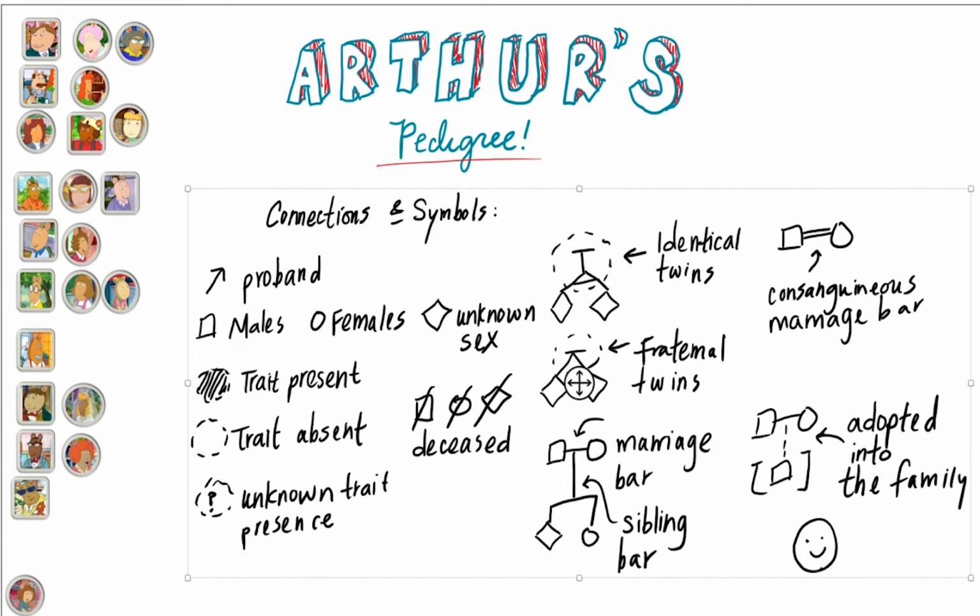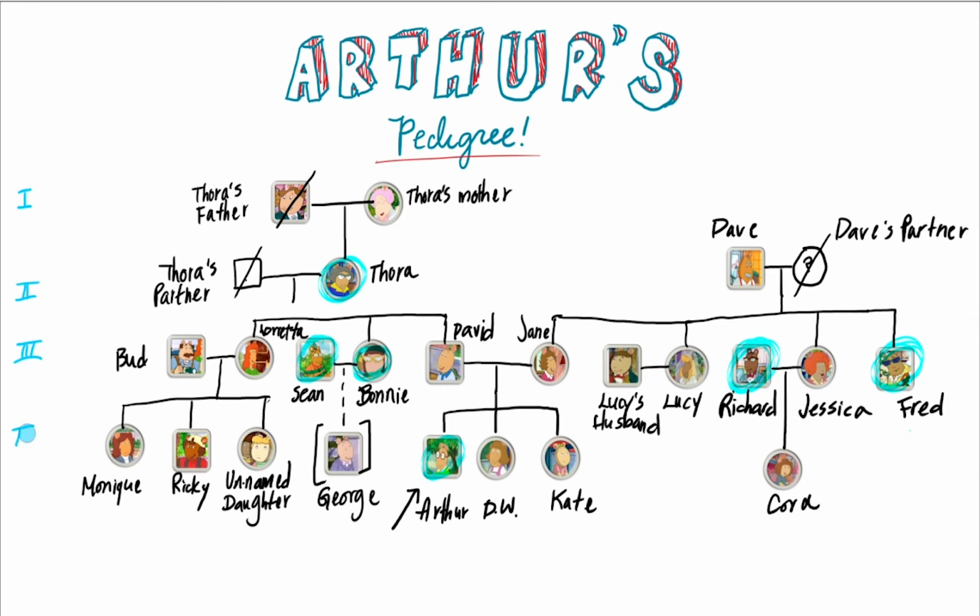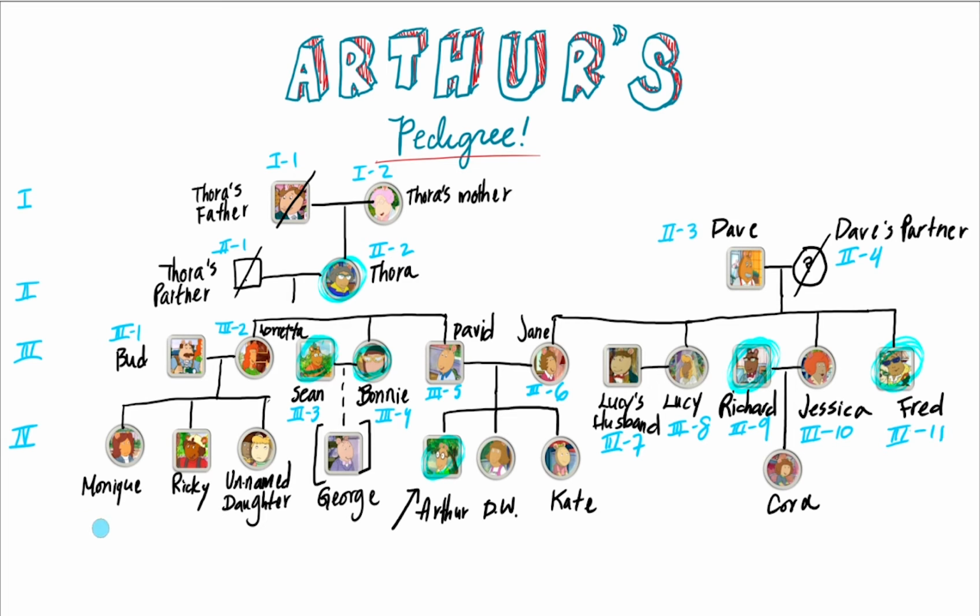Lastly, where individuals are positioned on the pedigree tells us about their age and generation. Each row represents those in the same generation. The oldest generation is on the top, while the youngest generation is on the bottom. Generations are labeled with Roman numerals. Siblings are ordered from left to right according to their birth order. They're also numbered. Having this specific way of organizing family members on a pedigree allows us to consistently refer to individuals by generation and birth order. For example, Arthur in our pedigree is referred to as Roman numeral 4-5.